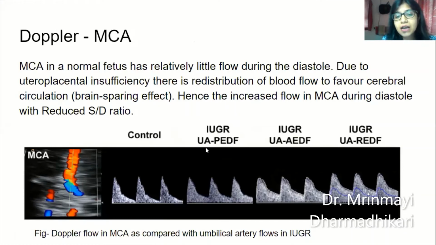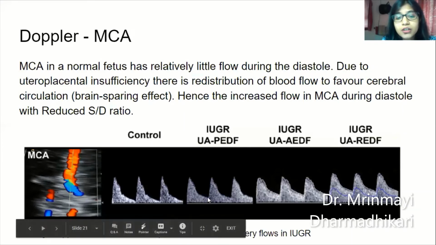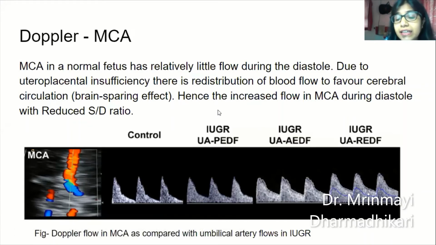So as you can see, as umbilical artery changes start taking place due to increase in placental resistance, diastolic flow in the MCA, that is middle cerebral artery, keeps increasing. Okay, so here you can see increased flow. So when there is reversal in the umbilical artery, what happens? There is further increase in diastolic flow in the middle cerebral artery. So hence the increased flow in middle cerebral artery during diastole gives rise to reduction in the SD ratio in